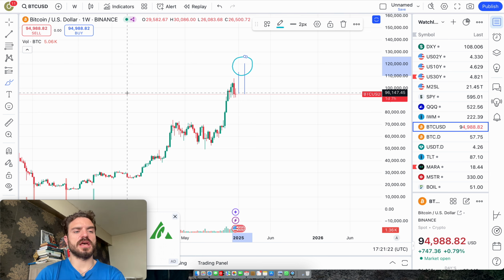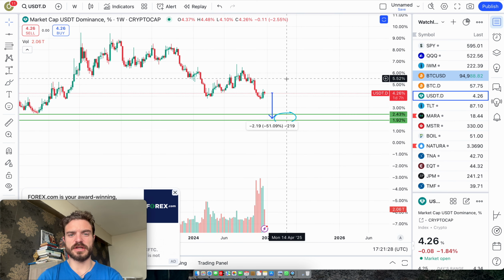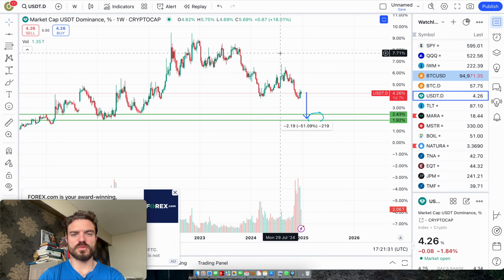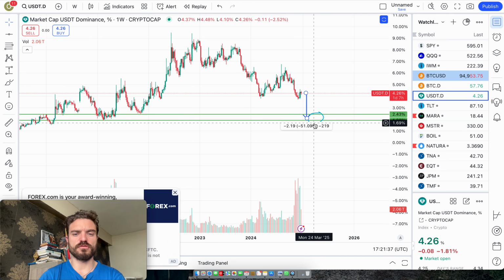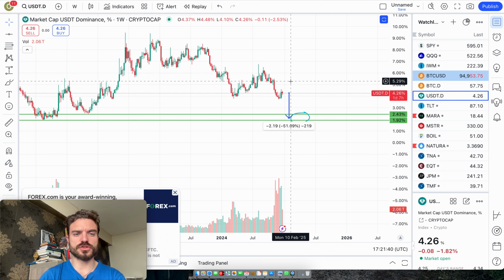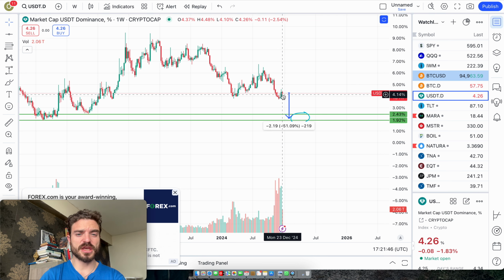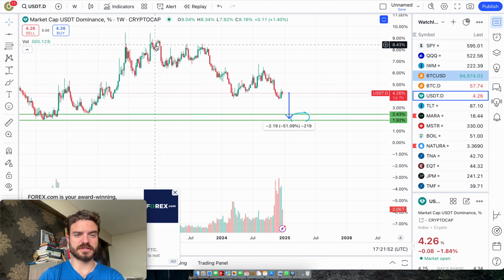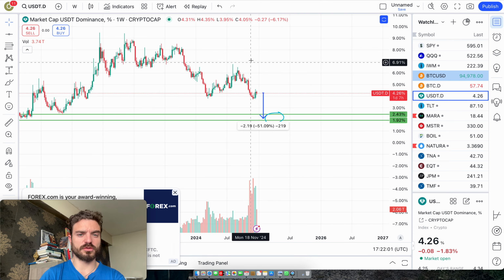So we could see a significant move from the stable coins, right? Because what I'm noticing here is you're seeing tremendous dropping volume here. You're seeing that the charts are showing lower lows and are showing you that there's a lot of selling pressure in the dominance. We're in a downtrend, okay? The downtrend hasn't hit a bottom yet. So we're in a local downtrend here when it comes to the dominance of the market cap.